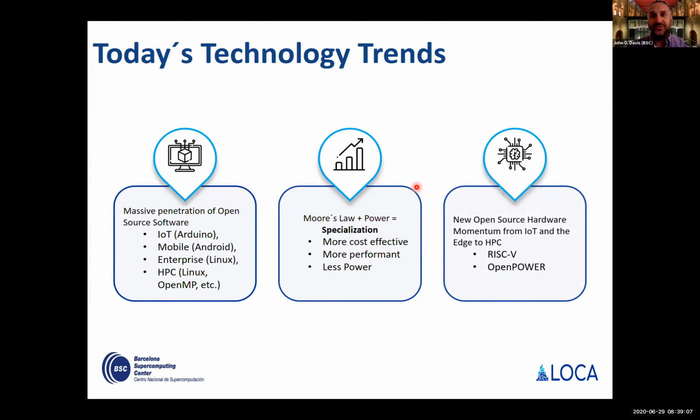And so there is this new open space for hardware to come in, and obviously it's a great time to be around because we have the proliferation of things like RISC-V and OpenPOWER. These are by no means the first, but it seems like the time is right in terms of a combination of technology, requirements, software, and the success we've seen in open source software. How does that translate into the open source hardware space with these open ISAs? So a lot of that's going to be discussed today. We'll see many different projects across the world where they're really looking at how to do that. But I think this is the right time and the right place.